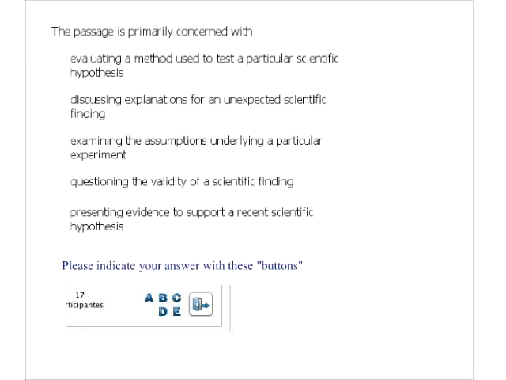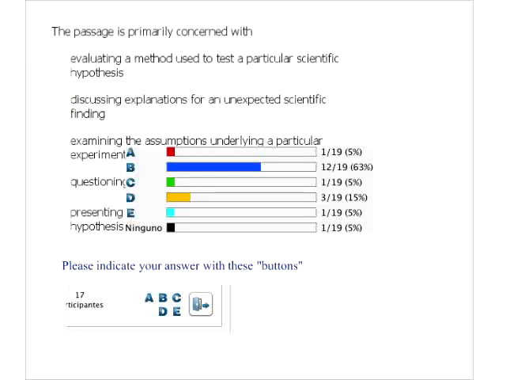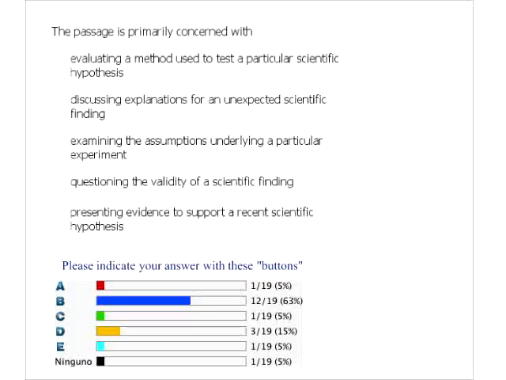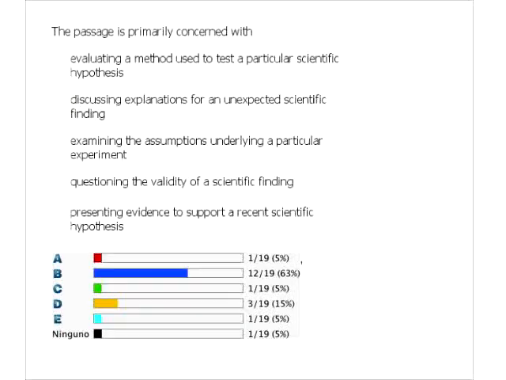Okay, looks like everybody's got an answer. So here are the statistics. So clear favorite is B. You all answered this time. The one that's listed as no answer is me. So that's good. Correct answer is B. Let's go ahead and look at this and figure out why. So 12 out of 19 is not bad. Let's do our little method on the passage itself and figure out what's going on here.